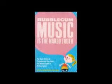Also, inside of a book that I had bought many thousands of years ago called Bubblegum Music Is the Naked Truth, which is actually a history of bubblegum music, is something that was given to me by my friend Nick Leet, who had the great pleasure of meeting Davy Jones and Mickey Dolenz many years ago, and I was lucky enough that he knew that I was a fan and got me Davy's autograph. So this means quite a lot to me, and it resides in this book basically because I felt it was safe here, and it made sense that it was in this book,